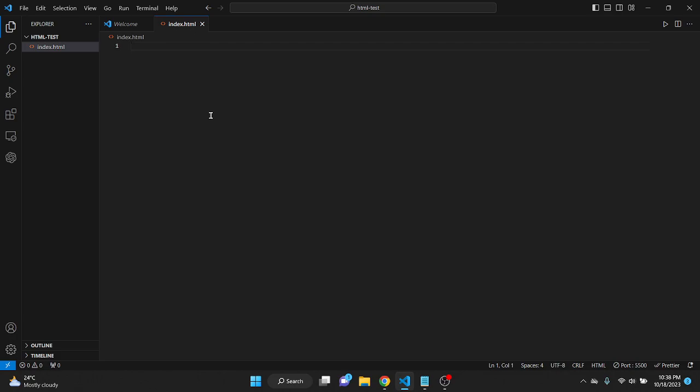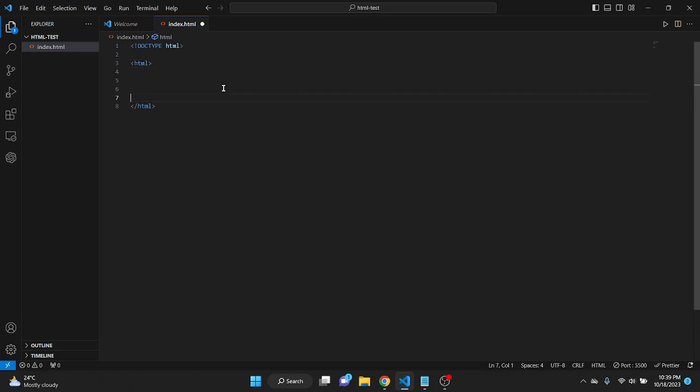I will add basic HTML tags here. Before that, I will mark this page as an HTML page with doctype HTML, and I add basic tags here: